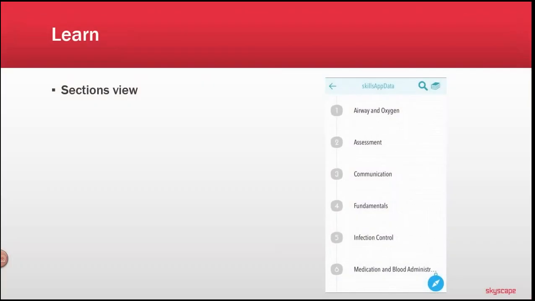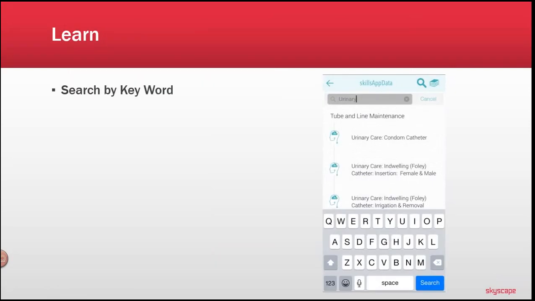So let's go into a little bit more detail. As we take a look at the various sections that are available, we identified 12 different sections. Main headers or areas of focus, concepts basically of skills. And within those 12 content section areas, we in fact came up with 100 different skills. You can go into each of the content areas. You can also search for a particular skill by using keywords. This particular search engine, putting in something as simple as urinary, you're going to get a list of all the skills within the SkillsHub that are related to urinary care.